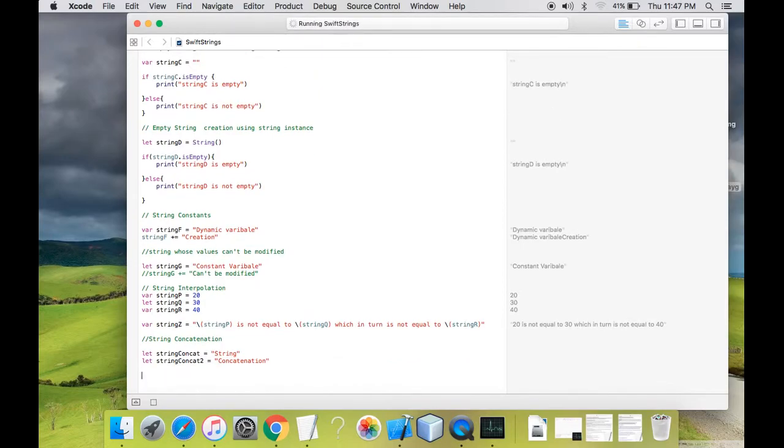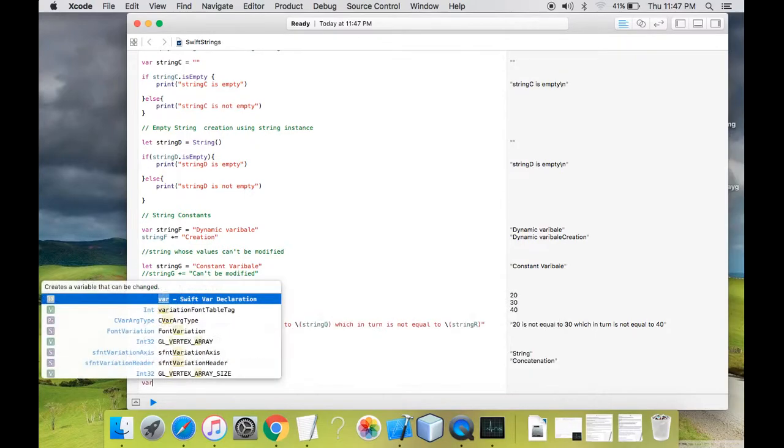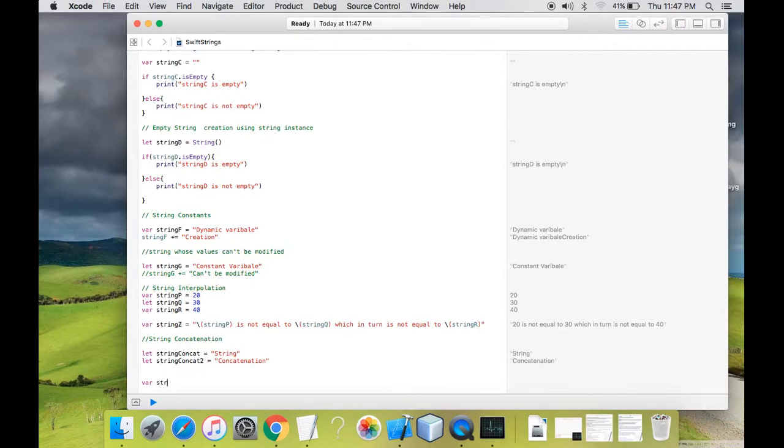So my main line will go over here. I'll create a new variable which will be a combination of both these variables, string concat and string concat2. I'm going to create a variable named string concatenated string,